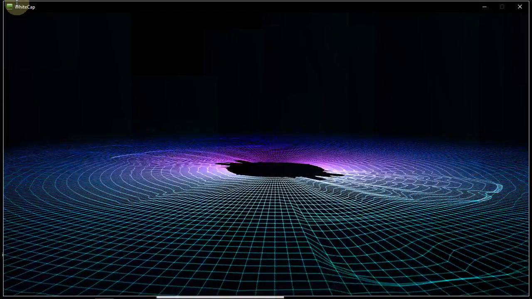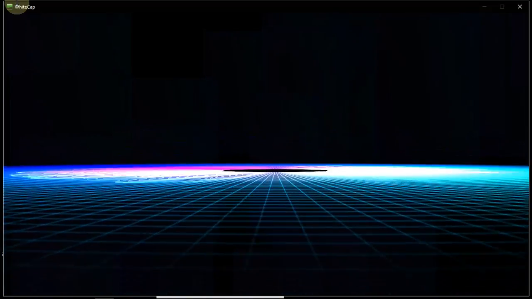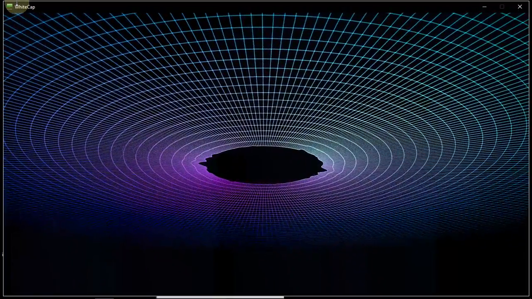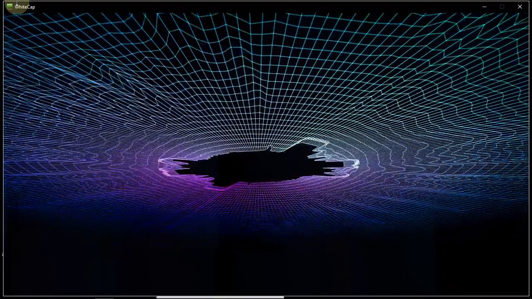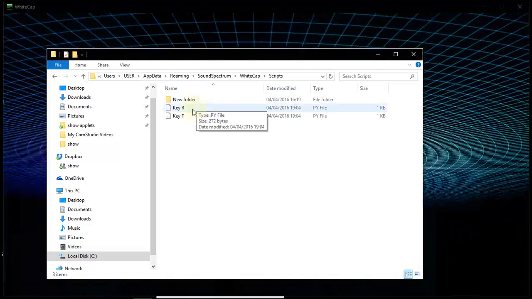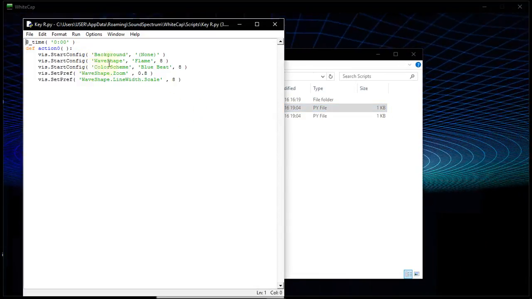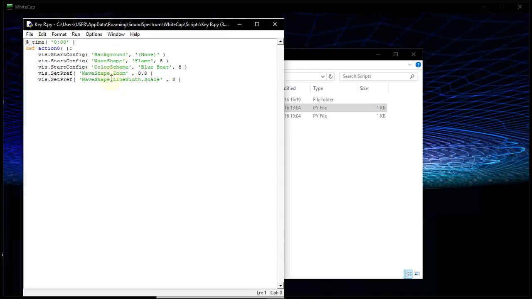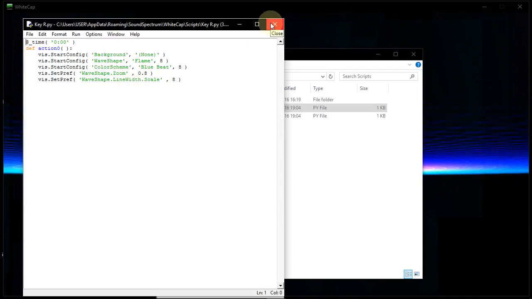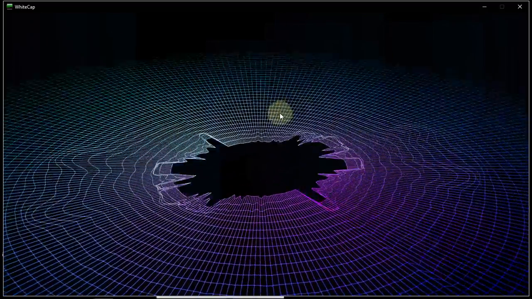Hi, welcome to part 5 in the video tutorial series on WhiteCap Visualizer, the wonderful visualizer from Sound Spectrum. Now, if you recall, we were making scripts that can control the wave shape, color scheme, background, and other parameters of the visualization in WhiteCap. However, what we didn't touch yet is the option to create